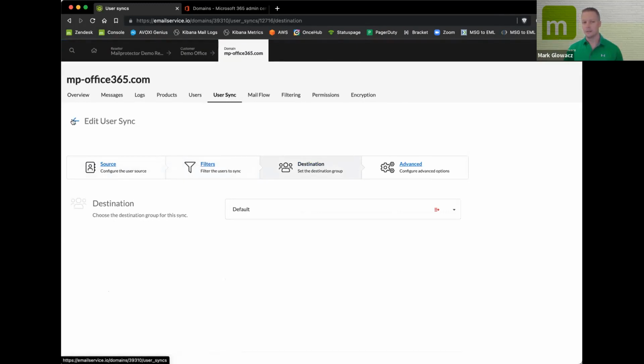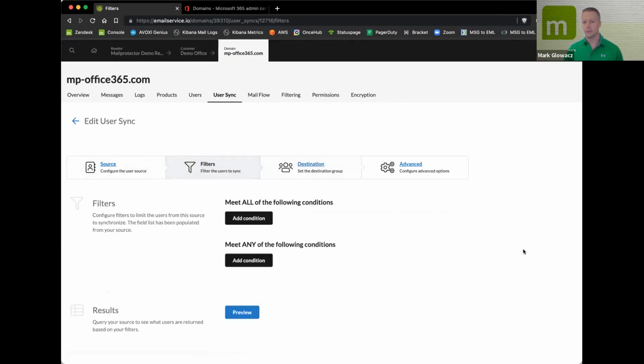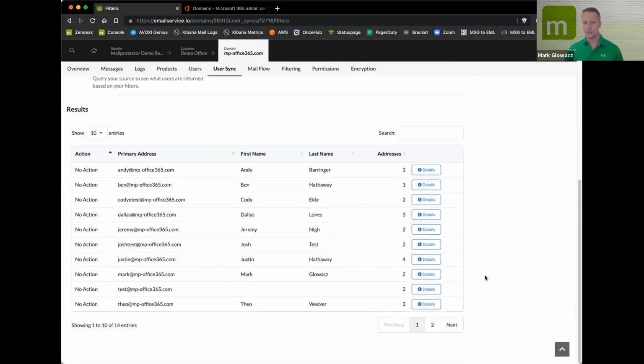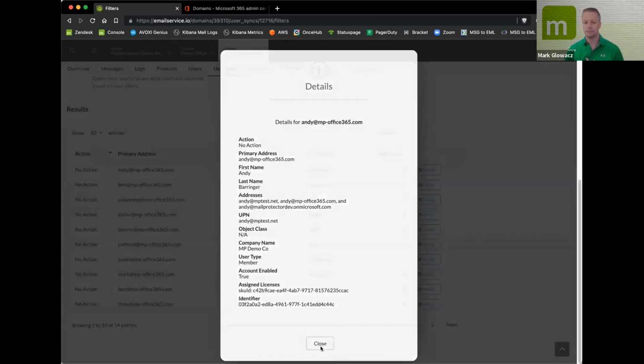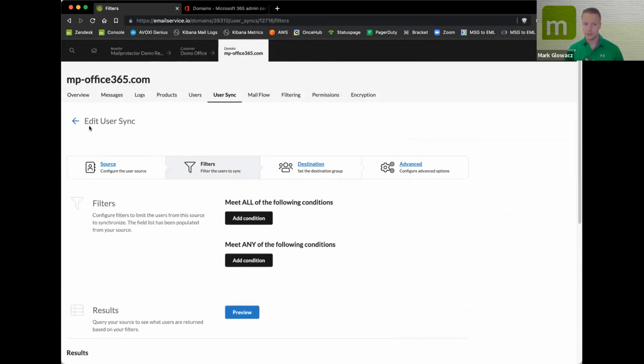And when we look at the filters, we can hit preview and it'll show us here are all the addresses that are going to get pulled in. There's no action being taken right now. And then here we can click on a detail to see what information's been pulled in. Where this gets fun